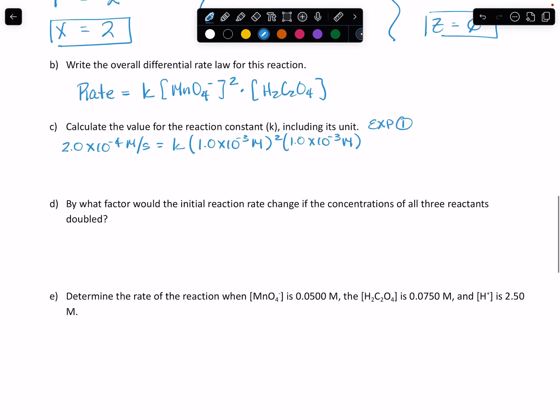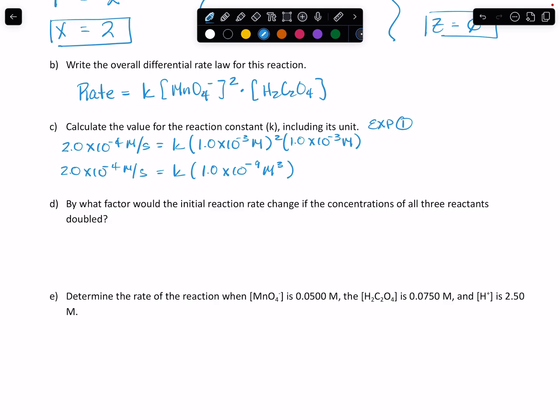All right, so when I do my units here, well, let me just do it out. We'll keep everything the same. So this is 2.0 times 10 to the negative fourth molar per second equals K times 1 to the negative third squared times 1 to the negative third. So I'm going to get 1 times 10 to the negative ninth, and the unit here will be molar cubed, right? Because I squared it and then I multiplied another molar in there. So when I divide that over, that'll cancel that molar that is up on top of my rate unit, but